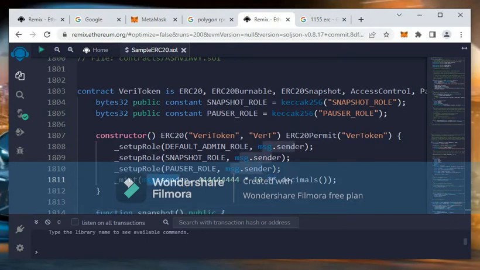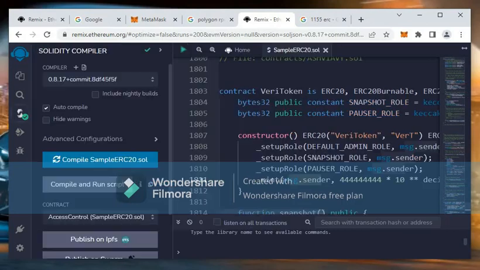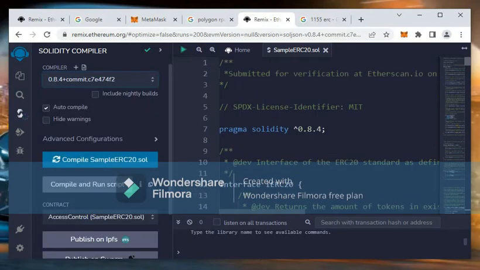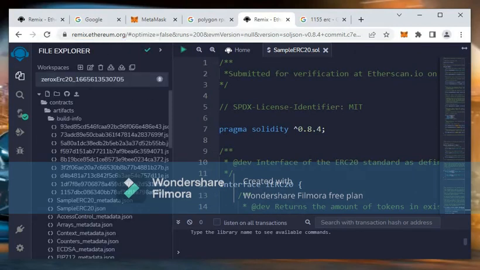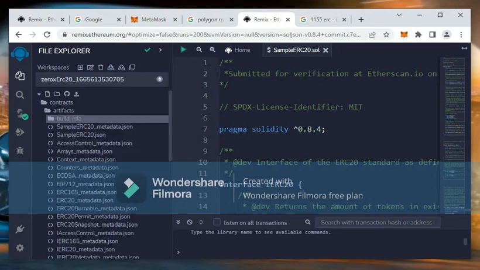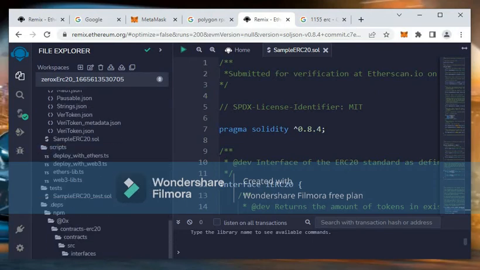So let us first compile this contract. It's already compiled, but then again we'll compile it once again. We'll change this to 0.8.4 corresponding to this, and we'll change it to this. At first we'll need to change the name. The name is Veri token.sol,